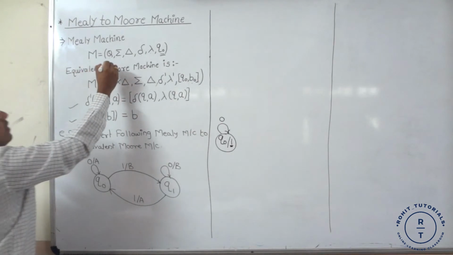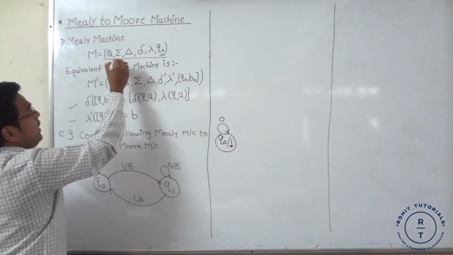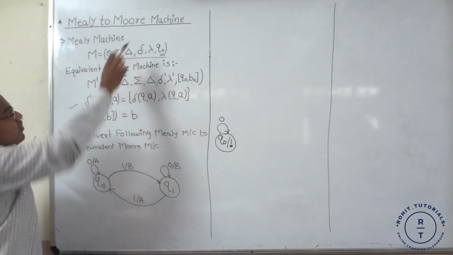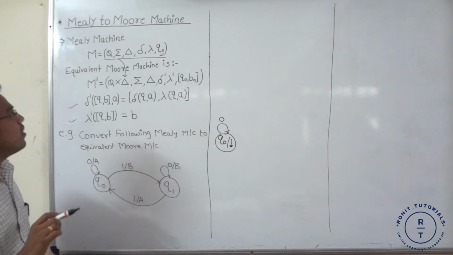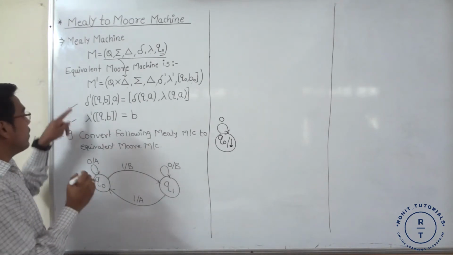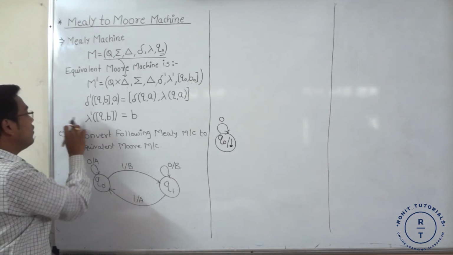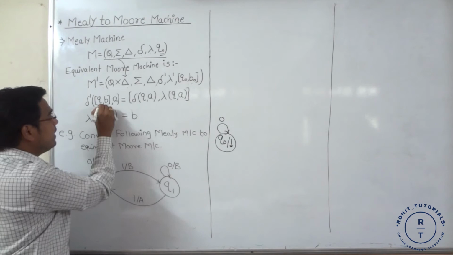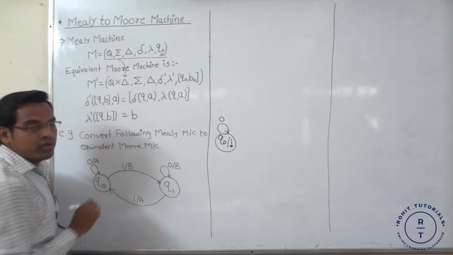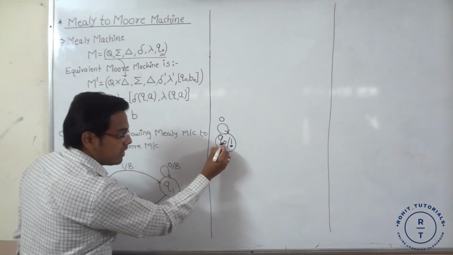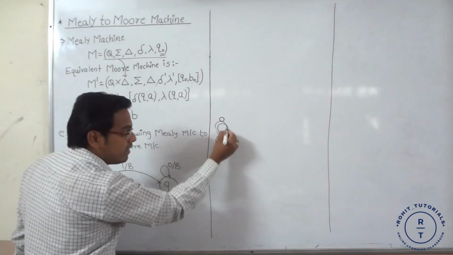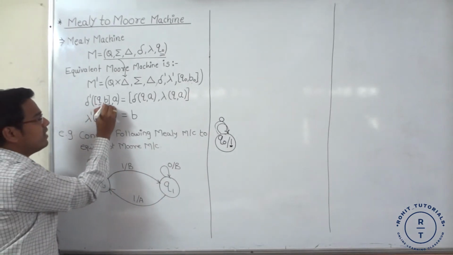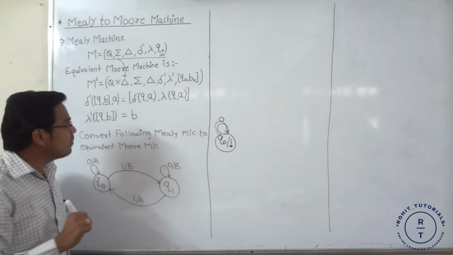So we have to convert this tuple into this tuple with the help of the conversion of Mealy machine to Moore machine. For this conversion, first we require the transition function, which consists of a state with output. For that, any input can occur. For example, for Q0 state with output 1, when input 0 occurs, it goes to Q0 state. Likewise, a state with output is represented in the Moore machine.